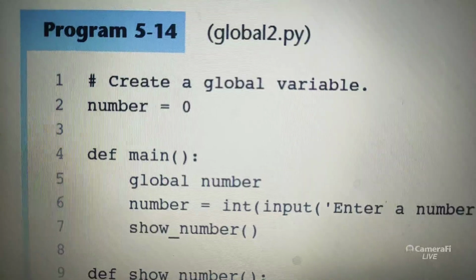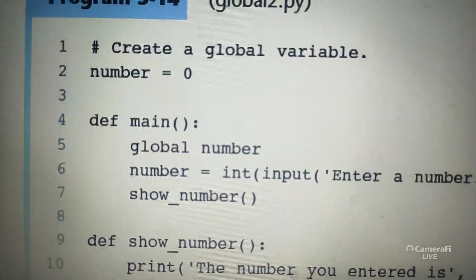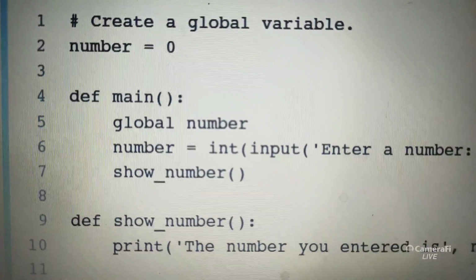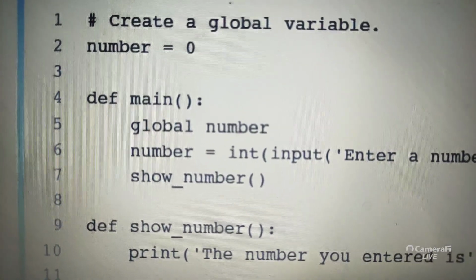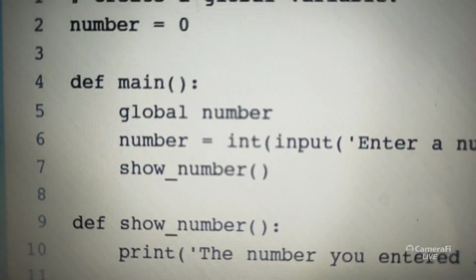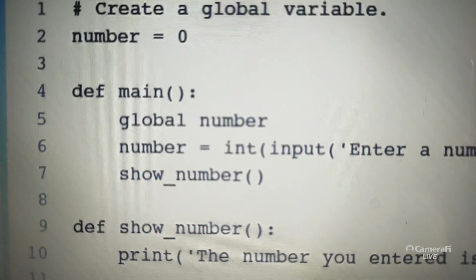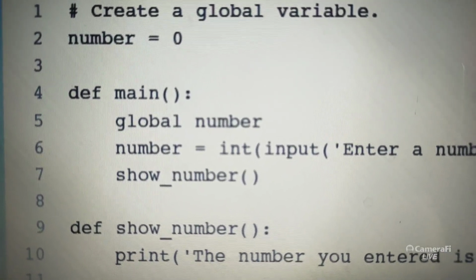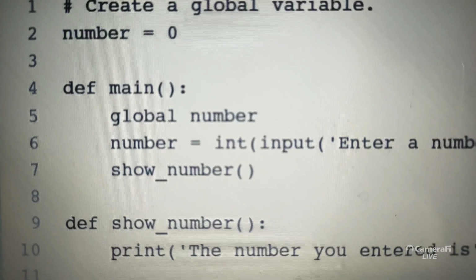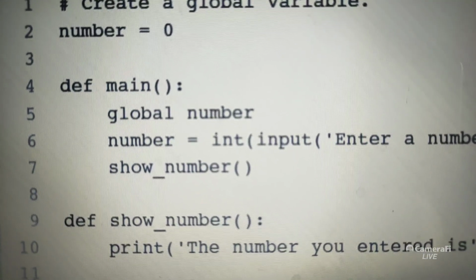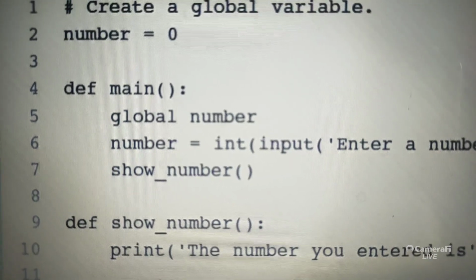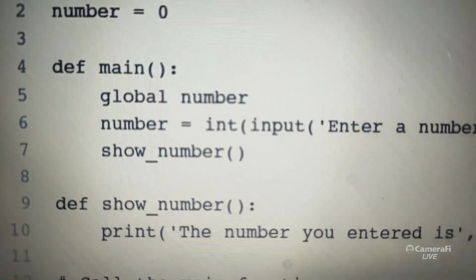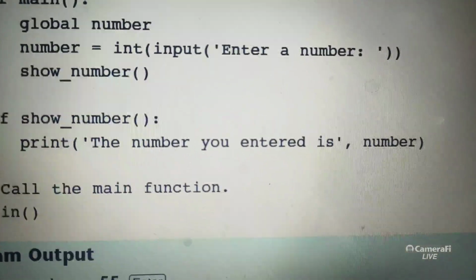And if you want to make your local variable global, we could use a keyword called global. So this is different. Here the main function is a local function where number is a variable. Actually it is a local variable, but it is being declared as global. So a keyword called global is being used, so that it is not a local variable; number is a global variable, so that the other function can use the number.